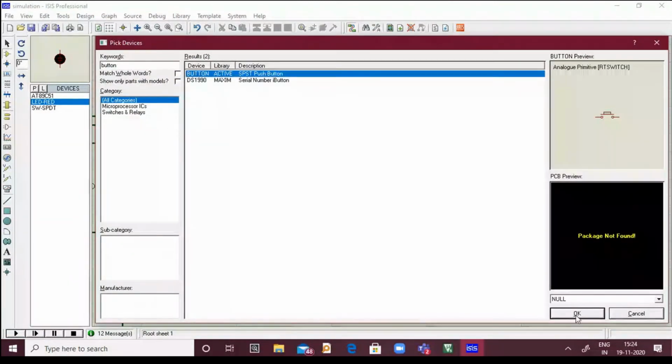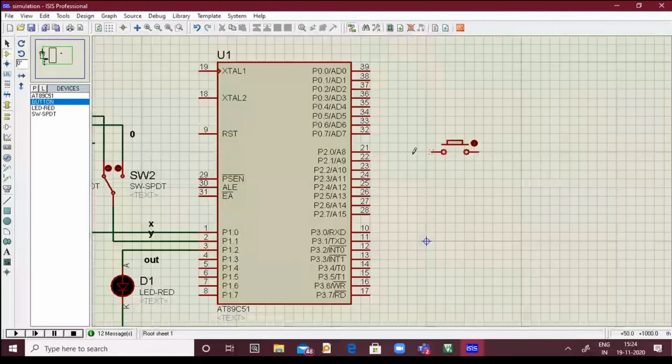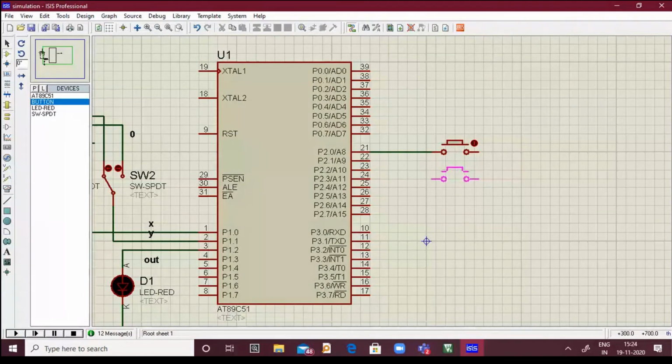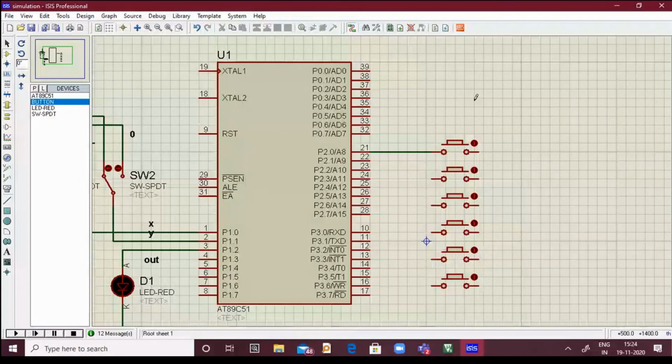So we'll choose a button. This is the button for the AND gate. So I will connect this. Another button, third button, fourth button, fifth button, sixth button. So notice like this I have different buttons. One more button is required.